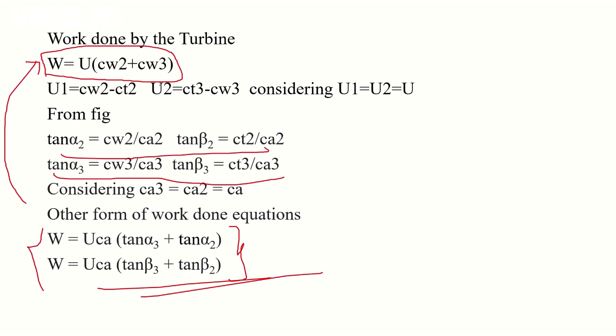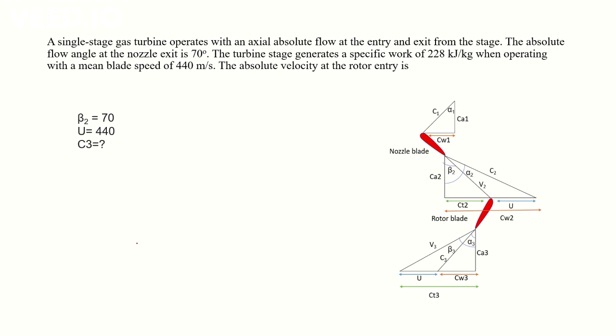There is one important easy difference between the turbine and the compressor in work done. In the compressor there was a negative symbol in the work done, but here there is a positive symbol. The difference is that in the turbine the velocity gets added up, whereas in the compressor it is minus. Even here a plus symbol is observed in the turbine, whereas it was a negative symbol in the compressor. This is a very easy formula and you can remember it easily. Now we can implement this in a problem, so let's look into that.